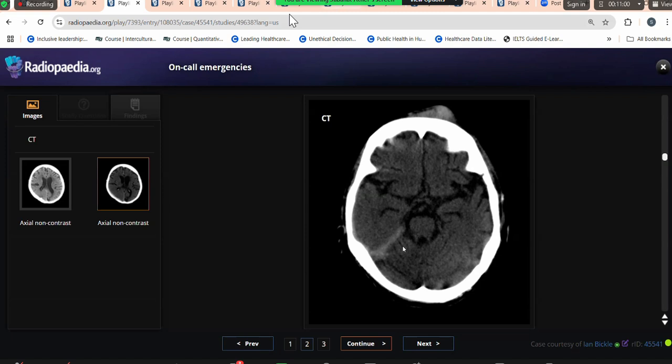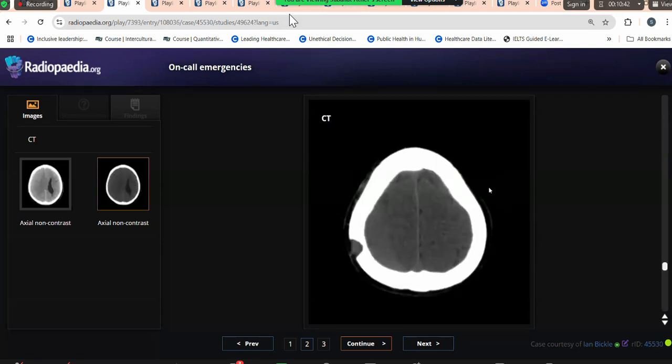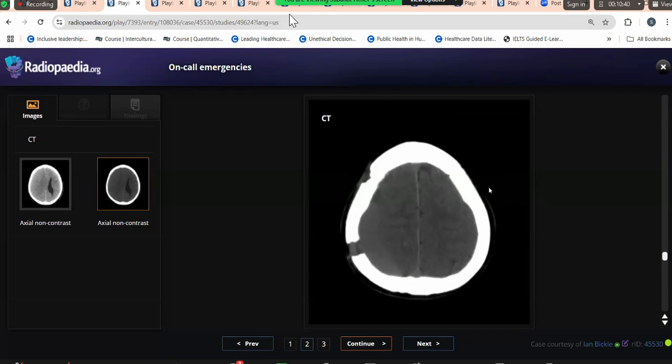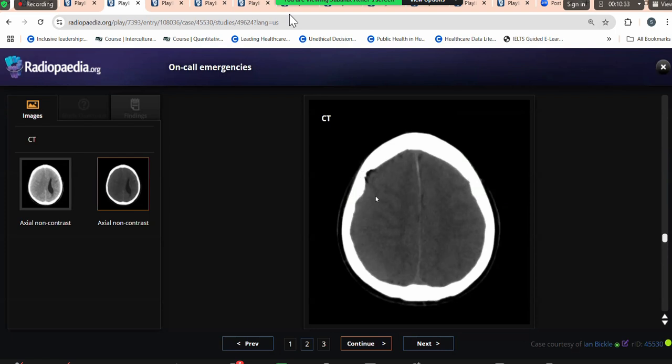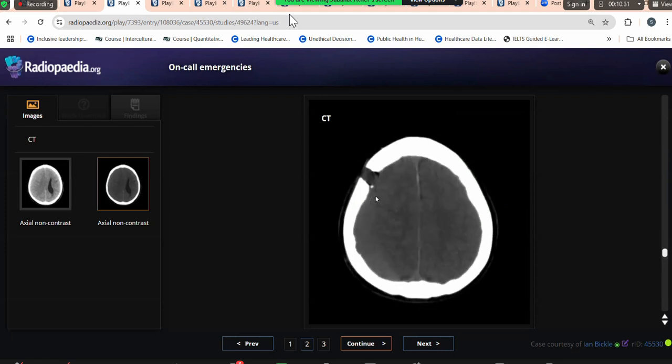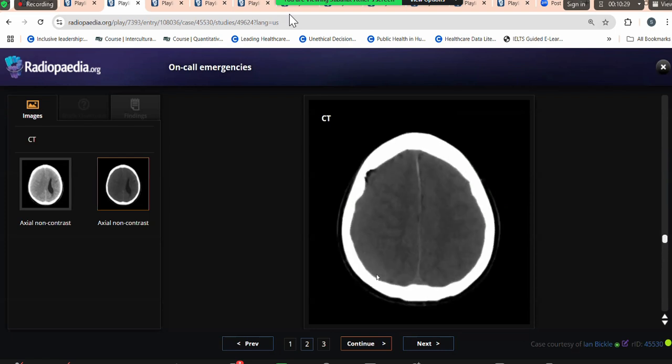So I deliberately did not give the history. And if you see, as the candidate told us, that there are burr holes. Immediately, this is always a good habit when the candidate tells that there are burr holes. This means that a neurological intervention has already been done. So the patient already had a subdural hemorrhage evacuation, and the patient again had